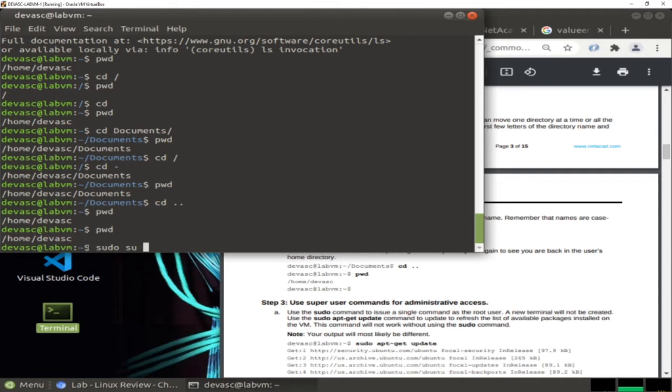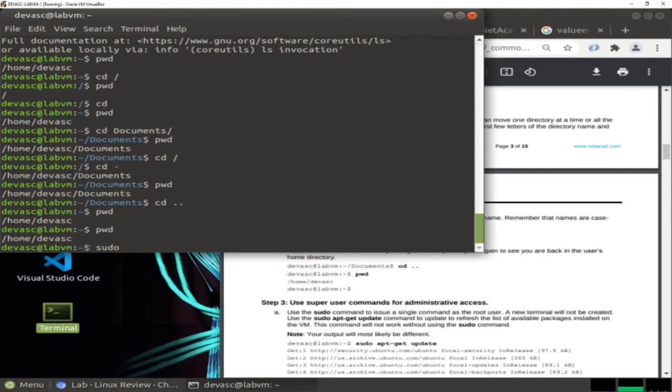In most cases, it's not recommended to change your authorization to work under the root. It's recommended to use sudo before any command you would like to run only as a super